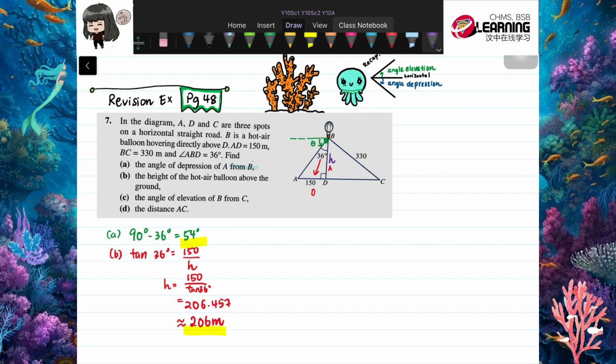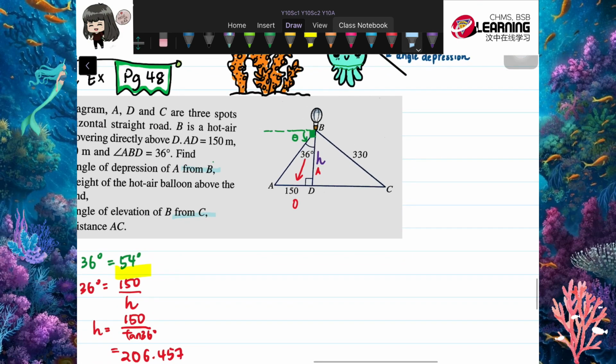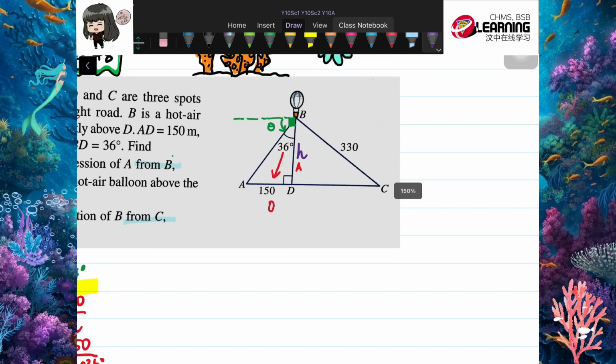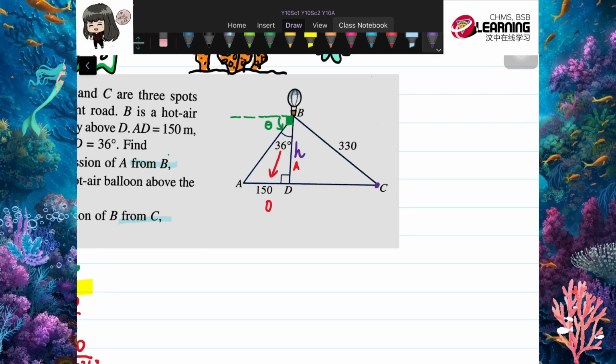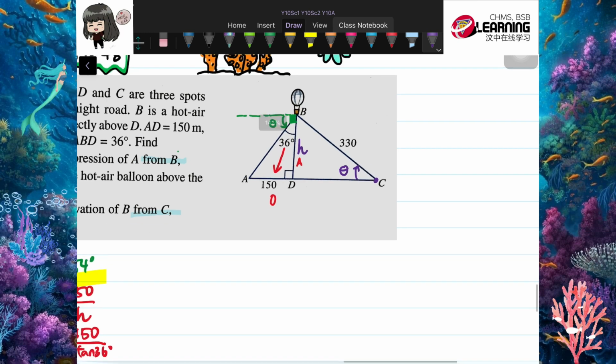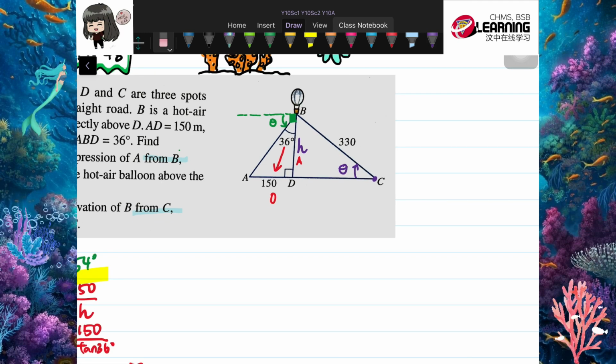The angle of elevation of B from C. Elevation, okay, you are looking up, okay? Elevation is looking up from C. C is here, you are looking up to B, looking at the balloon, so this is the angle. This is the angle that you want to find. Okay, so we found our BD already just now, this height here. Okay, I'm going to write it down. This height here just now we found is